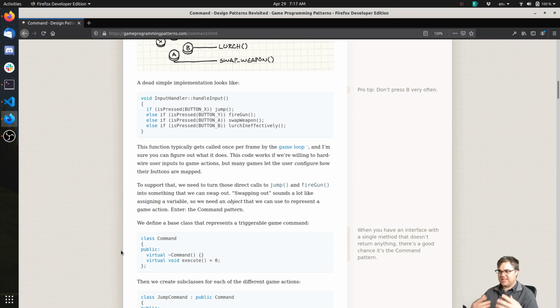Enter the command pattern. We define a base class that represents a triggerable game command. So basically he's creating a class command. Now he's using virtual. I'm not familiar with the virtual keyword. I don't know if that's specifically a C++ thing, but okay, so public. So those are available in the instantiated object outside of it. Okay, so he's going to have tilde command. I don't know what tilde means for that either, but okay, so he's going to have a function command and then also a function execute